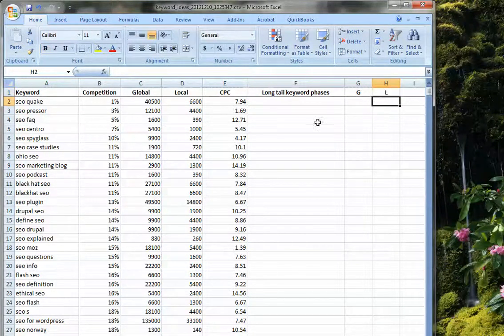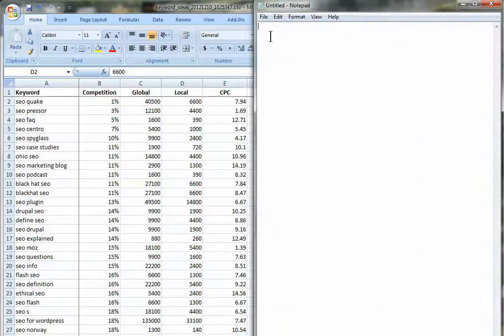Okay, now notice this one here. I got 40,000 searches and I got 6,600 searches. So let me just show you our goal for a minute. This particular phrase, SEO, had how many searches? 1.7 million.